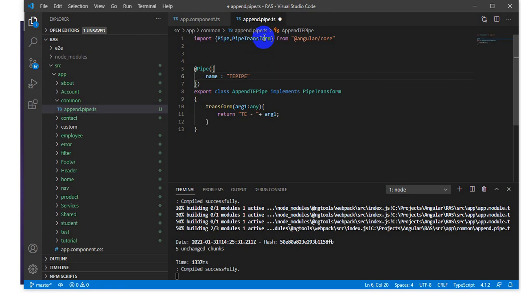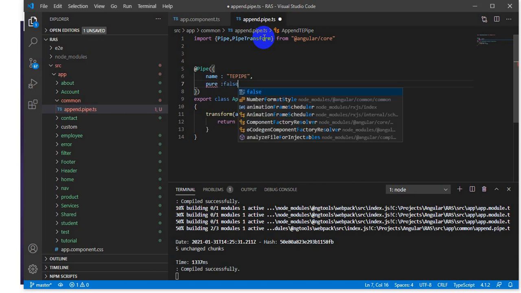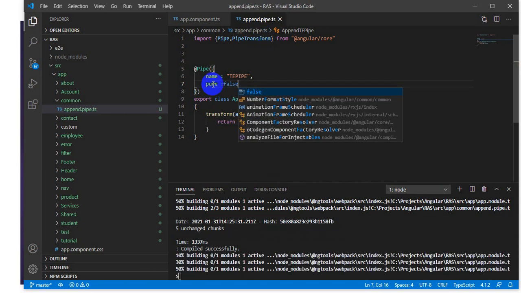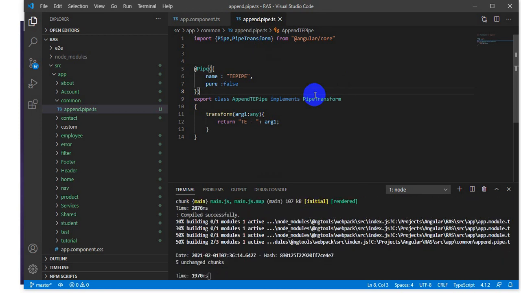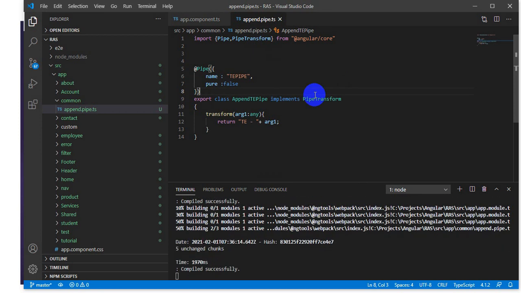It means the compiler will treat this pipe as a pure pipe. But if we want to create this pipe as an impure pipe, then we will just provide the false value. So this is how we create a pure or impure pipe. In order to create a pure pipe, we provide the true value to the pure property, and if we want to create an impure pipe, we will pass the false value.